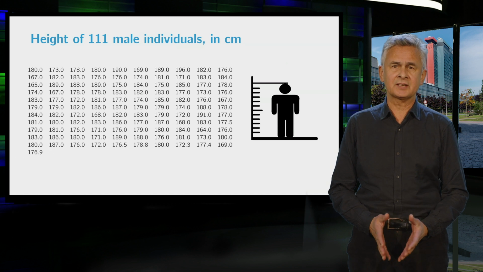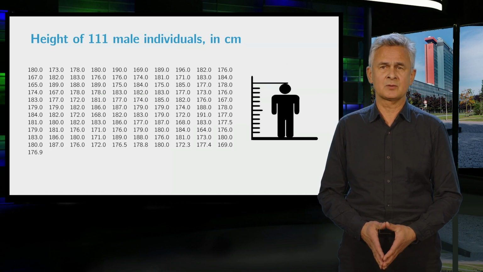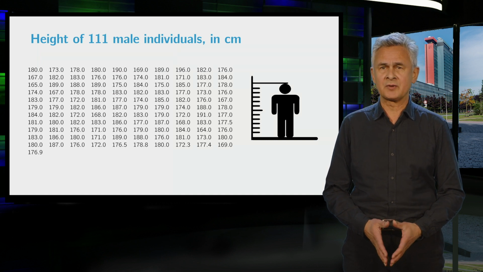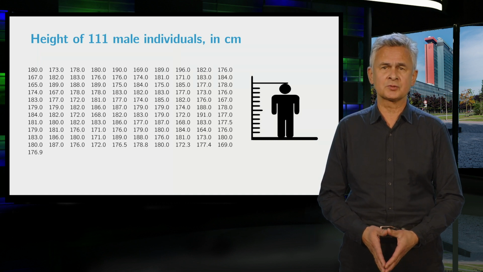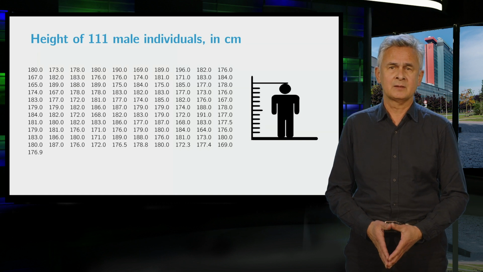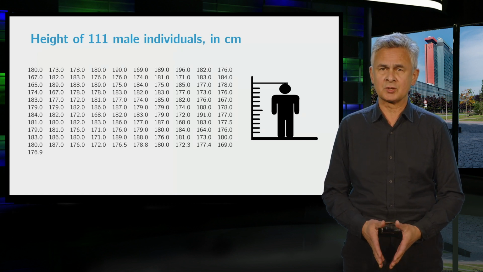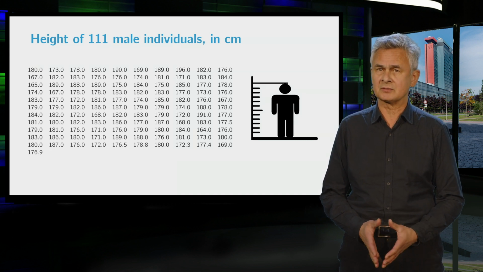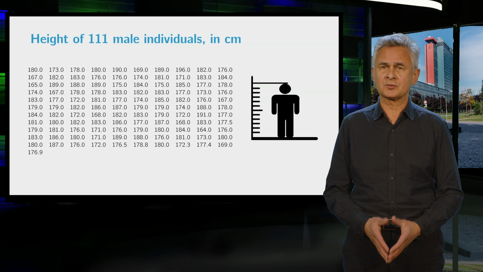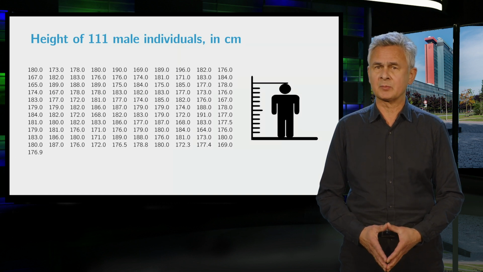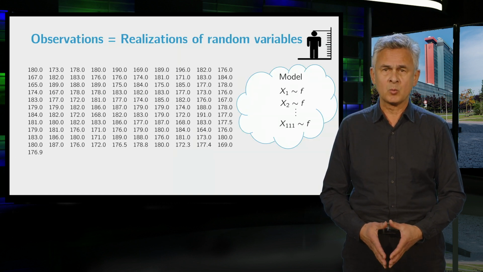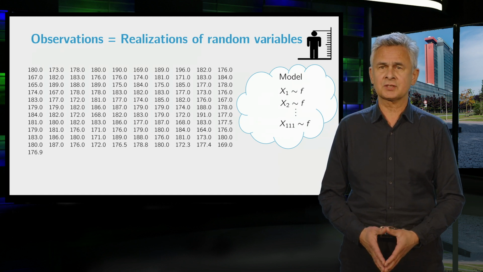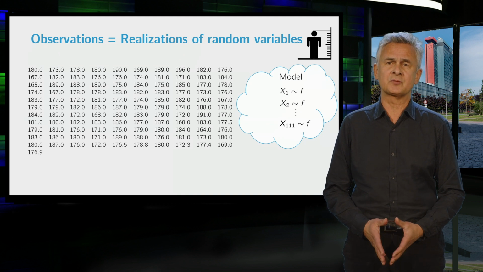Let us consider a dataset consisting of the heights of 111 males in centimeters. Each observation is the length of a randomly chosen male individual. Now beforehand, the observations resulting from measuring the heights of randomly chosen males are uncertain, and our dataset is just one possible outcome of that experiment. Now the way to model the uncertainty in such a situation is to consider the observations as realizations of random